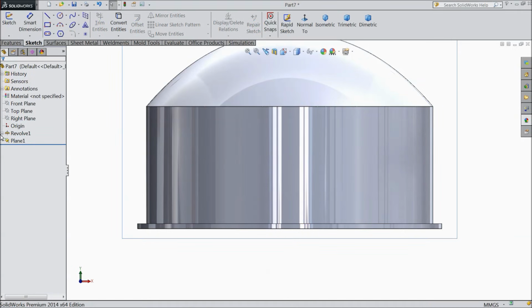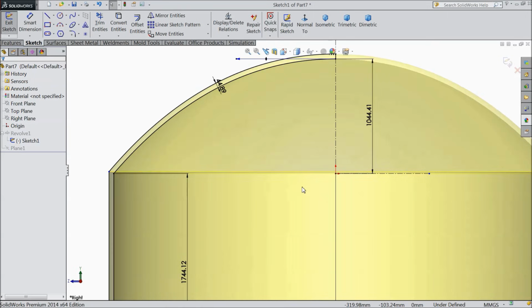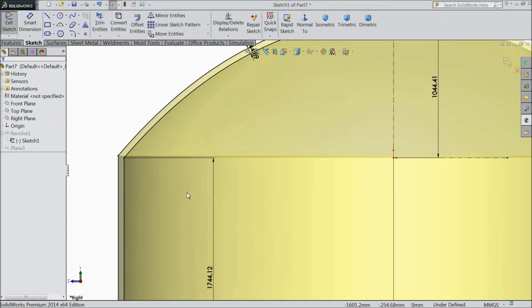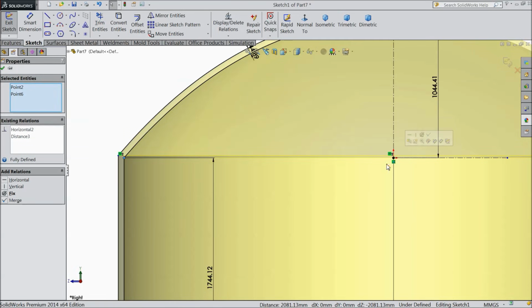Exit it. We want to do some little modification, maybe we forget. Edit this sketch again, choose normal, and select this point and origin point.